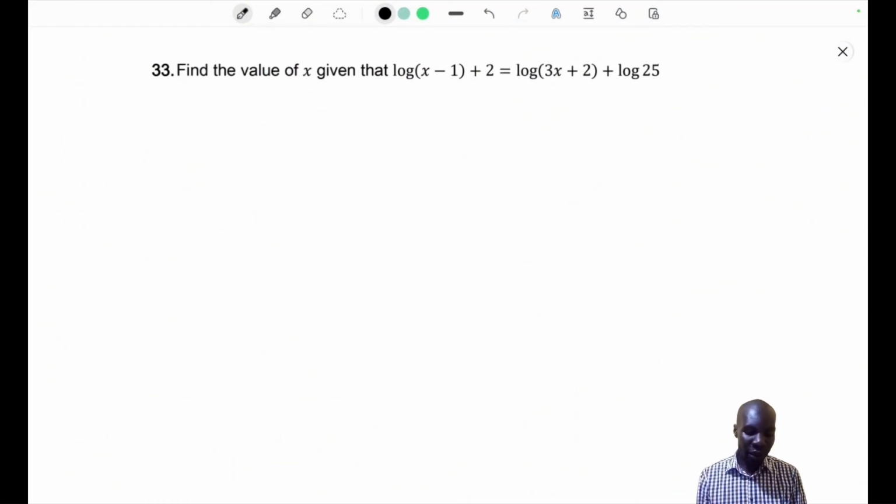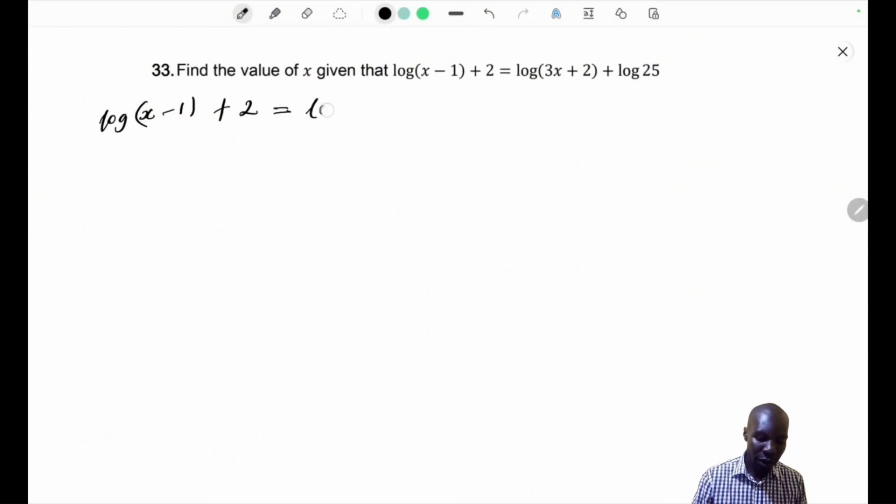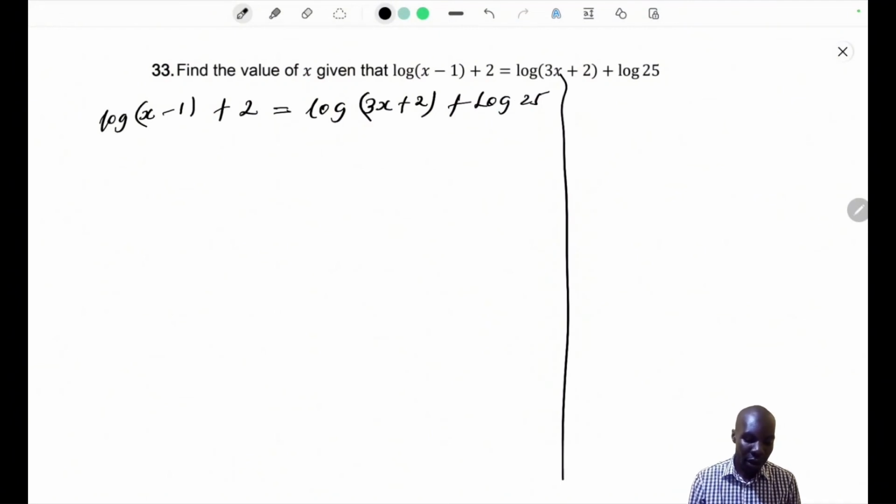Number 33, find the value of x given that we have got log of x minus 1 plus 2 should be equal to log of 3x plus 2 plus log of 25. So this is going to give us log of x minus 1 plus,